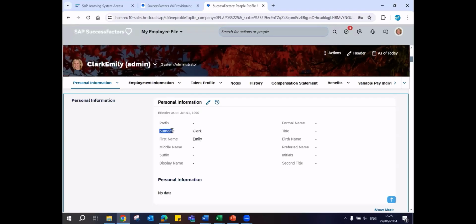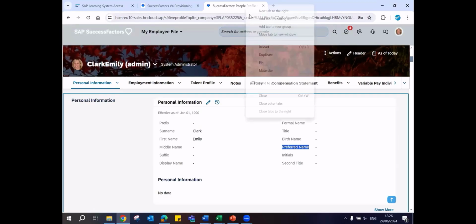So relabeling, repositioning the fields, or if they ask you to remove this preferred name field completely, or add a custom field here called blood group as one more custom field. Any such changes can come. A lot of changes can come on the standard screens that SF offers.